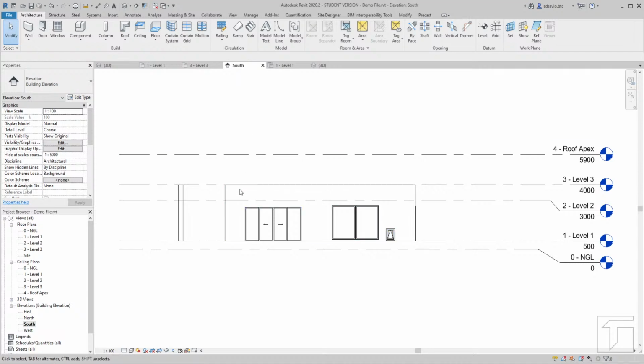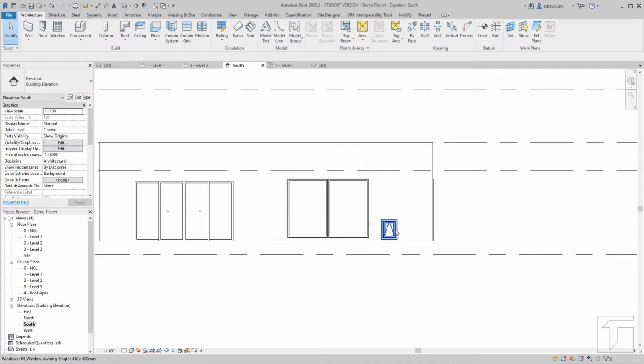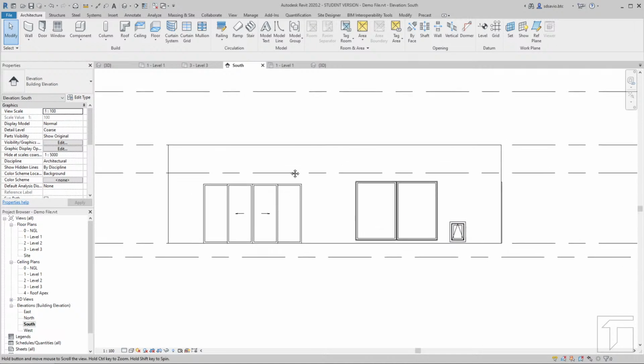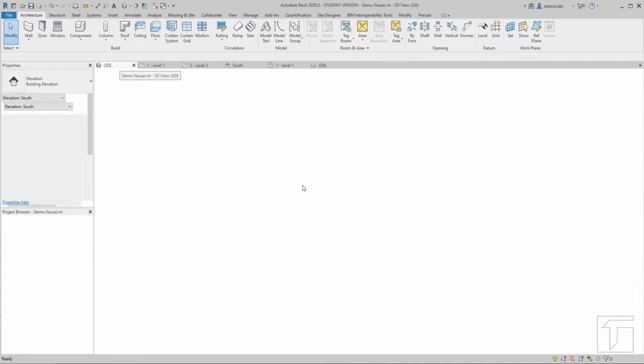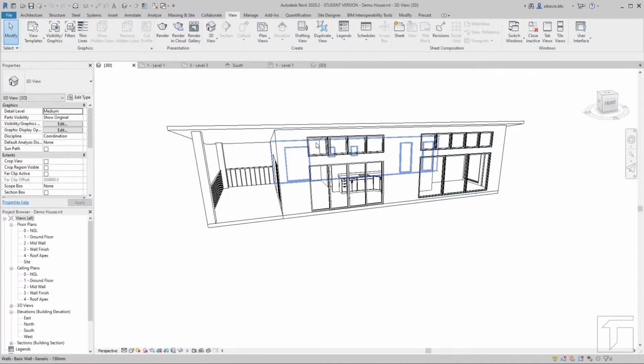Okay, now notice that we need to draw the windows here. Okay, so what's this? I think I accidentally placed a window here, so we can easily delete that, right? So just to show you on the finished product, going back to that file that we opened previously, these are the windows that I'm referring to. Okay, so let's go back to